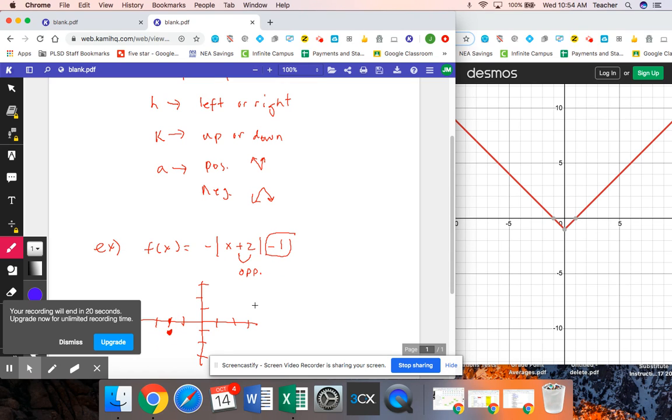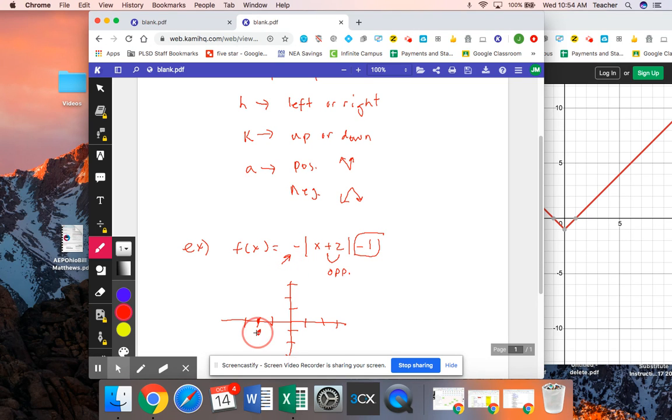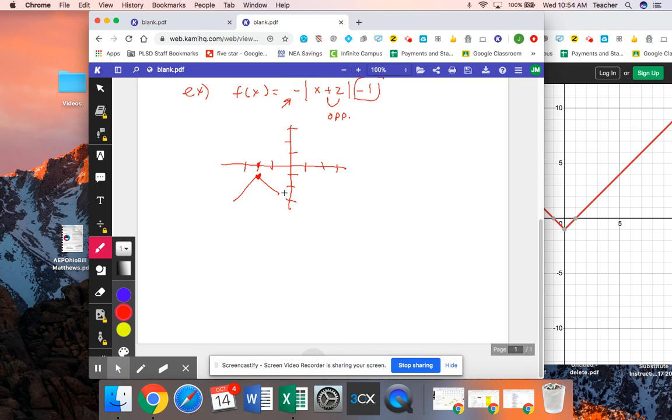There's your new vertex. Now I want to just draw a V here, but I need to pay attention because should my V go upwards or downwards? Well, according to this negative right here, it needs to go downwards. So I just need you to sketch a V with arrows